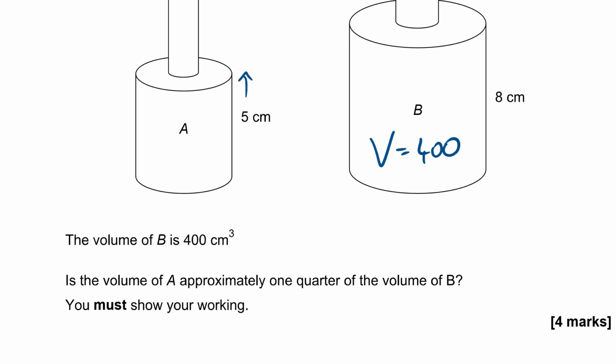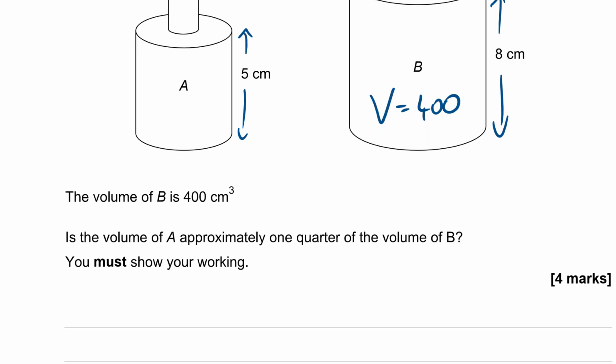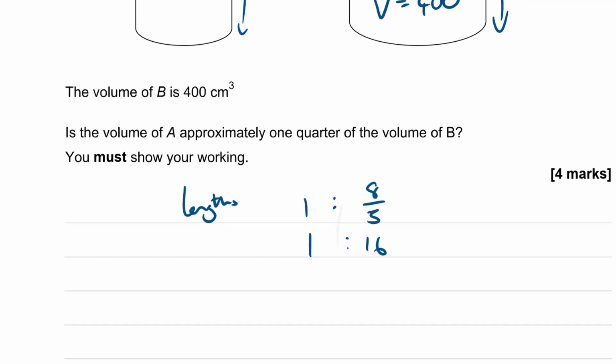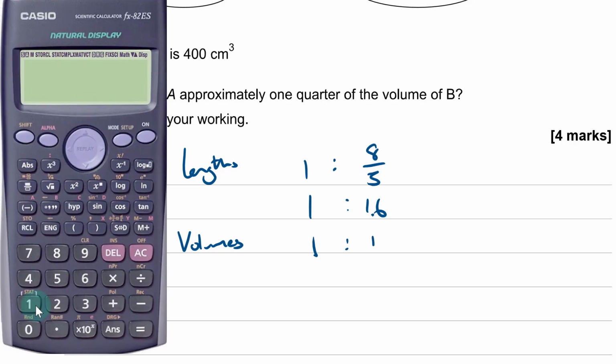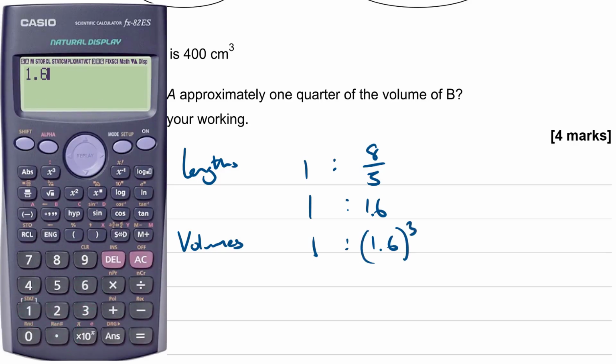Okay, well, this side and this side match up, so we can work out the ratio of their lengths. Their lengths are in the ratio of 1 to 8 over 5, which is 1 to 1.6. And then the ratio of their volumes is going to be the cube of that. So what is 1.6 cubed? Raising 1.6 to the power 3, I get